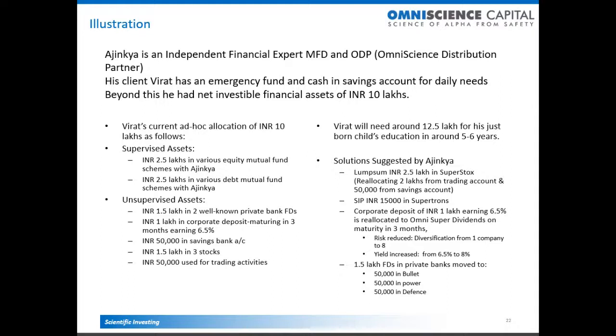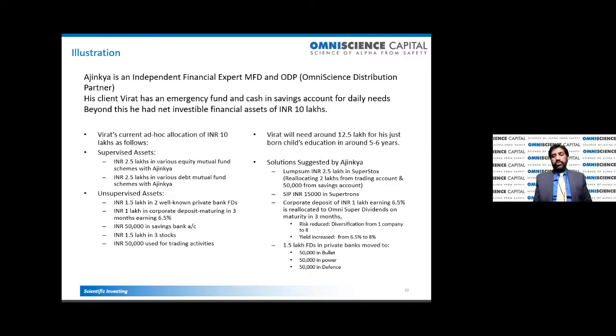Although, yes, this is an equity portfolio, so in the short term it will fluctuate, and the dividend could also fluctuate. But there are reasons to believe the dividend is most likely going to only increase. Most likely, I say. You read the report to understand this better. And the 1.5 lakh fixed deposits in private banks is moved around: 50,000 to bullet train, 50,000 to power, 50,000 to defense. So even in thematic investments, he is diversifying across different themes, which will work out in different time frames, right? And at different levels.